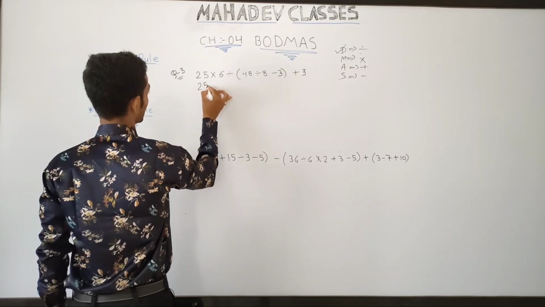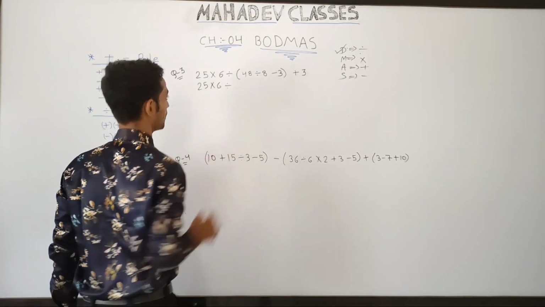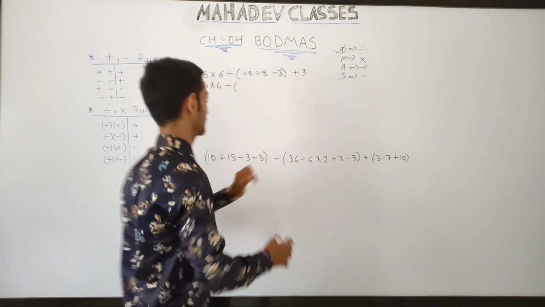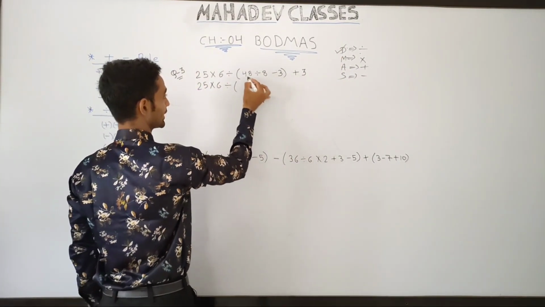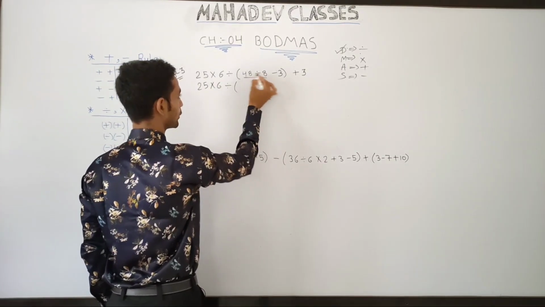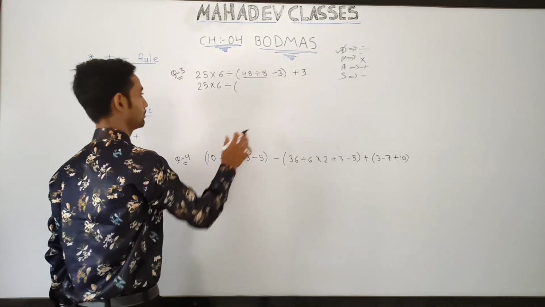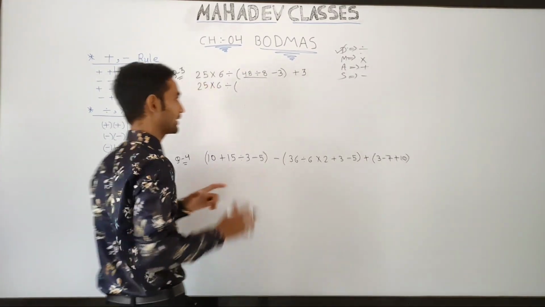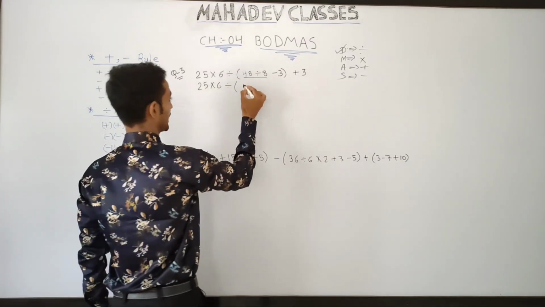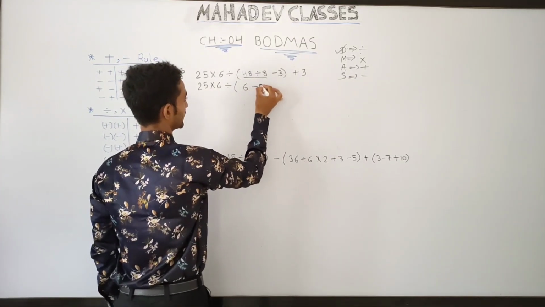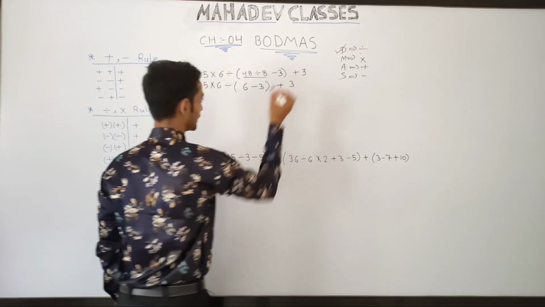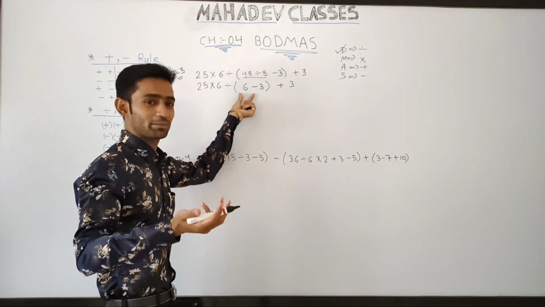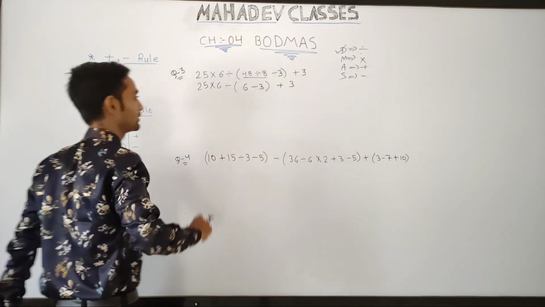See, 25 multiplied by 6 divided by, and now in this bracket go for that D first. See, where is the division symbol? You can see that the division symbol is between 48 and 8. Okay, so simply we will do the process of 48 divided by 8. 8 6s are 48. So our answer is 6, and this minus 3 bracket over plus 3. Okay, now there is no other sign of division or multiplication, so we will simply do the process of addition and subtraction.